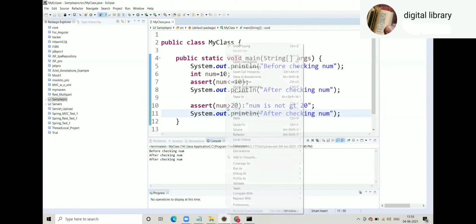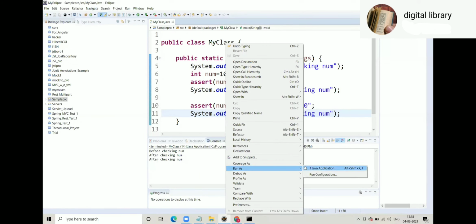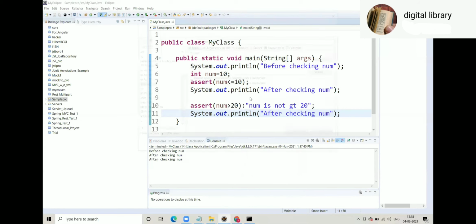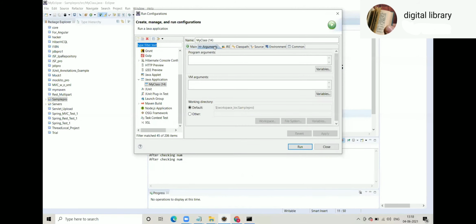So right click, run as, run configuration, again arguments, but this time not program arguments, VM arguments. Because it is your instruction to JVM: please test my code as per the assertions given. This is your instruction to JVM.